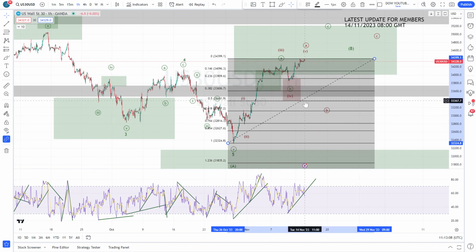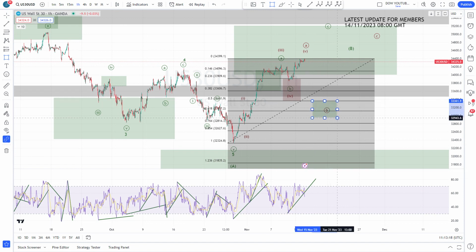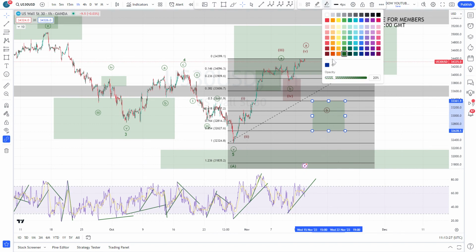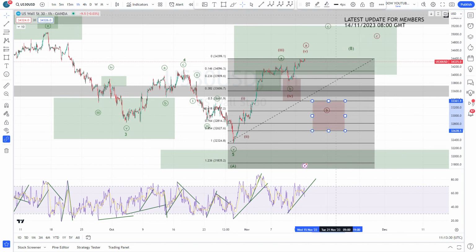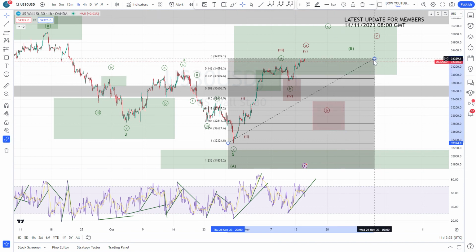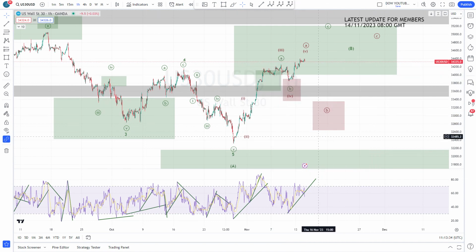And then the area here between the 0.5 and the 0.854 FIB retracement is the area where we should go as a wave B, or as a wave 2. So then this could be a nice buying area, but I'm afraid that this here was the pullback,